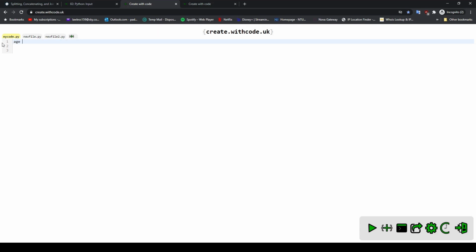Now we need to use the equal sign. So now we have our box called age, and now we're saying what's stored inside. So now I'm going to need brackets. So think of the brackets as the box. So here's the name written on the box, and here's our box. Now we need to put something inside of it. And what I'm going to put inside of it is my age, so 22. So now we have a variable. So what I want you to do now is, moving back to the presentation,